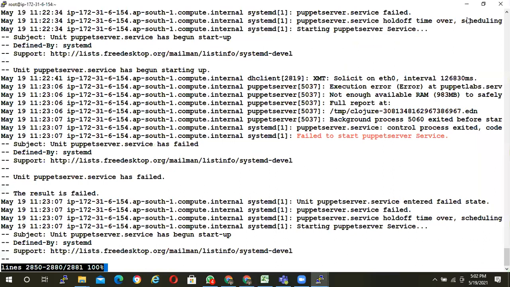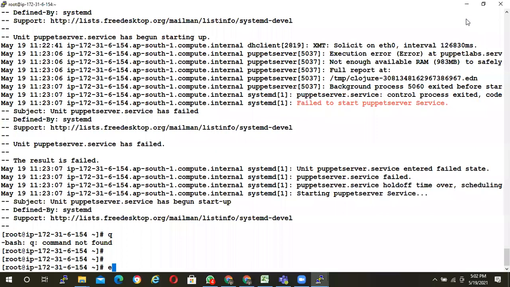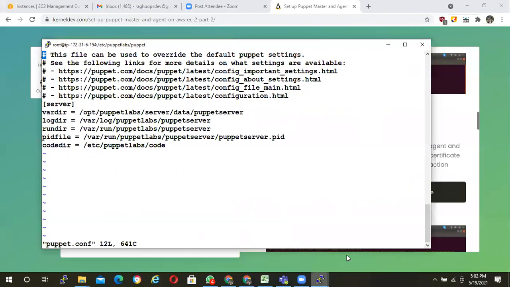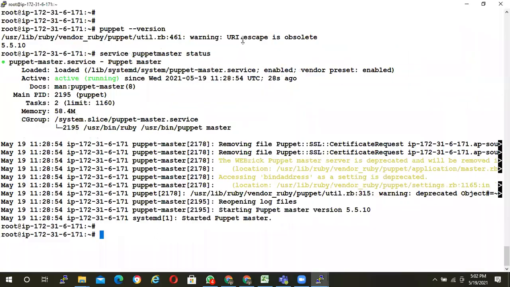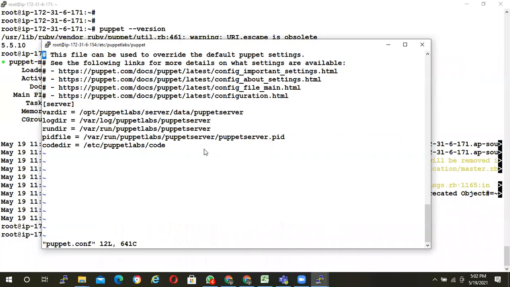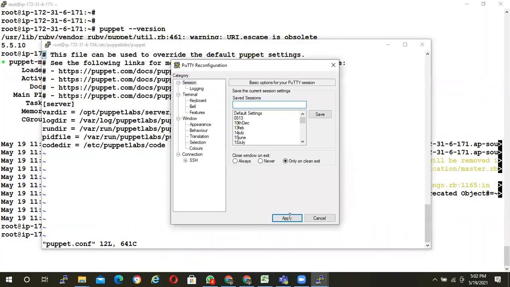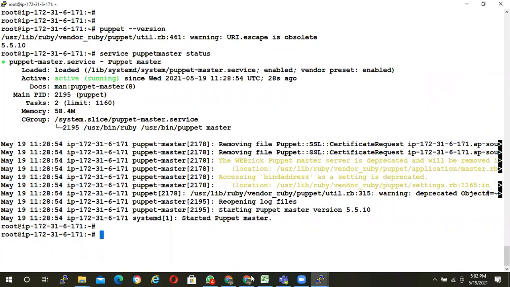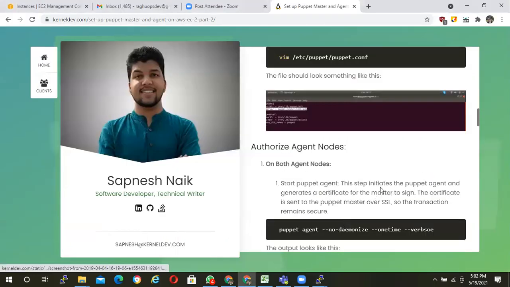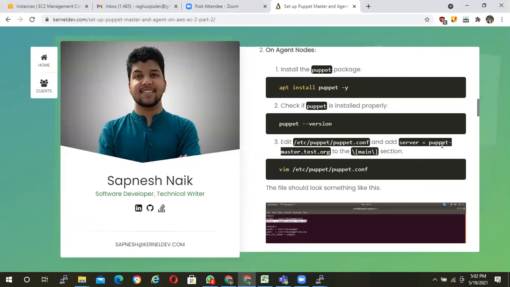To avoid confusion, I'm just logging out. So I'll change the background also, just to differentiate between master and client. The syntax is very simple: server space is equal to space